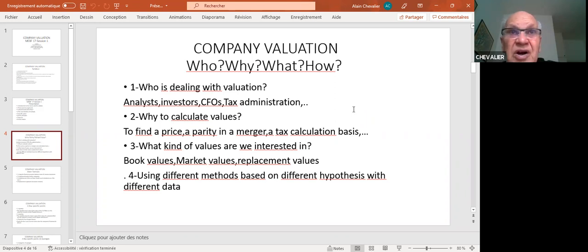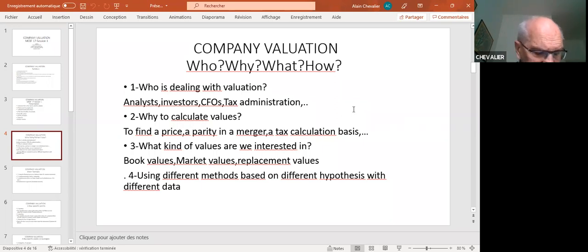If you are overvalued, it becomes difficult for potential acquirers to obtain a good return on the deal if they buy the company. So high values, increases in values, overvaluations are protection against that kind of risk, the risk of being bought by a bidder. And the tax administration, of course,